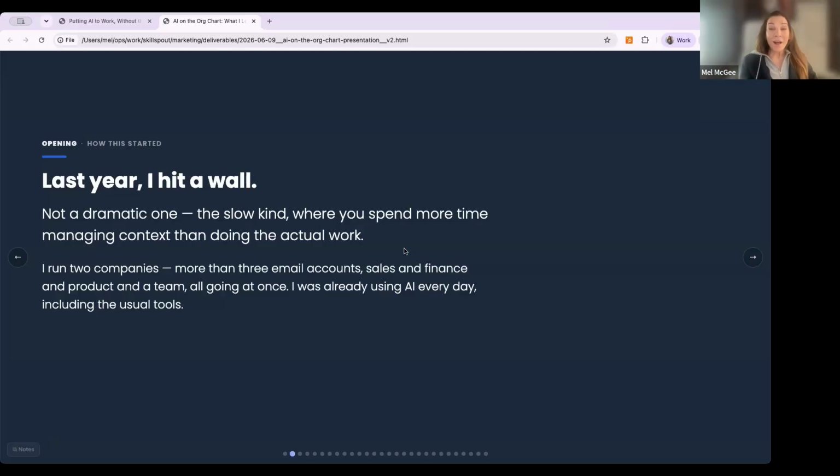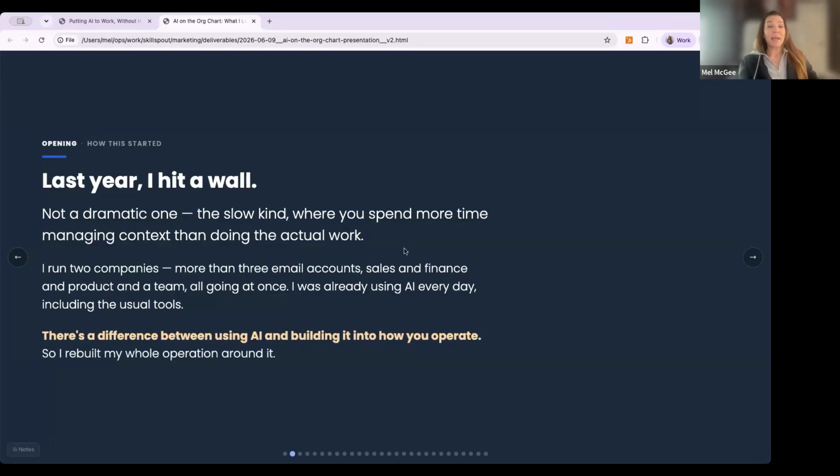I'm guessing all of us can relate to this. I was using AI every day, mostly things that you might be using. There's a difference, though, between using AI and building it into how you operate. So I rebuilt a whole operation around it.